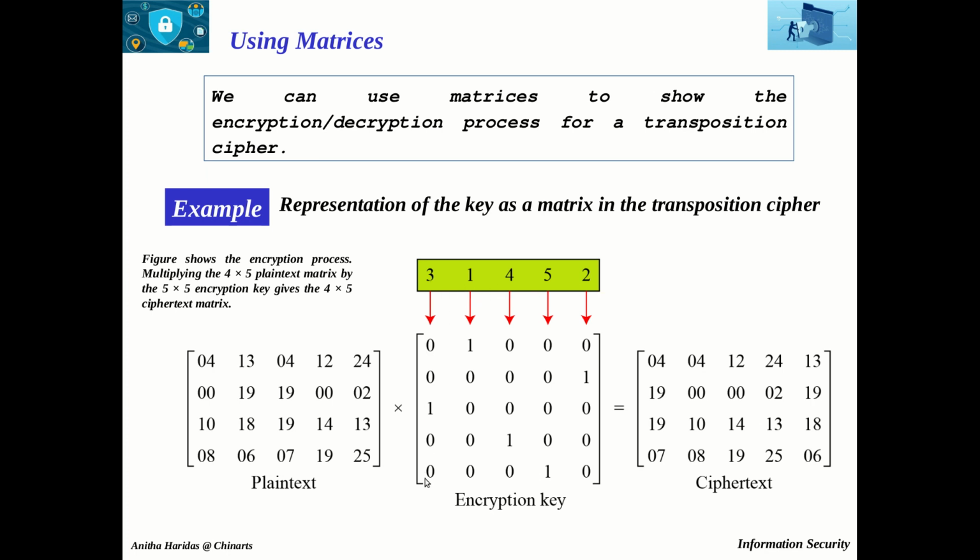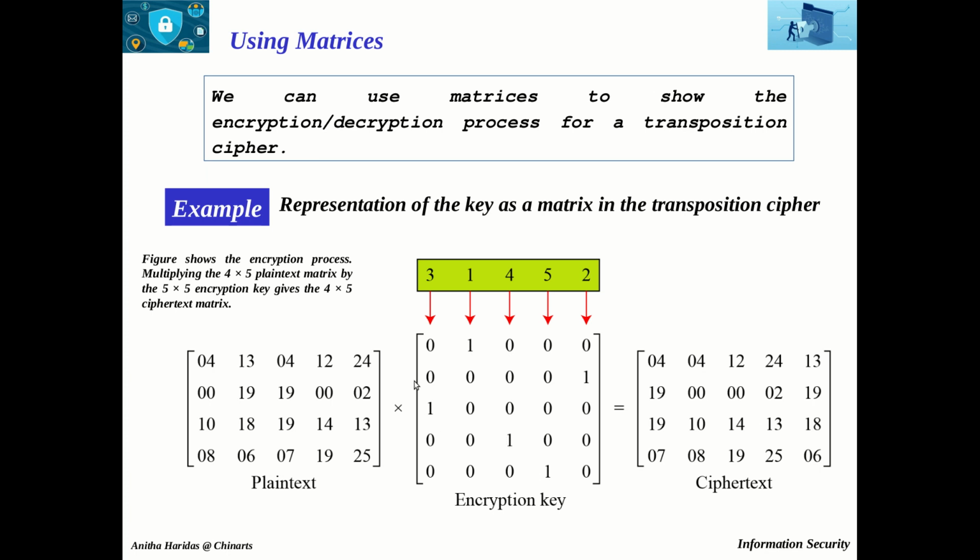So you create a matrix. Observe here, it is a 5 by 5 matrix, and in whichever index you have this value, that will be 1. The rest of the values are going to be zeros. So we have 3 here. So first, second, fourth and fifth are zeros, and 3 is having value 1. Then this is 1, so the first position is having 1, the rest of the values are zeros. And here it is 4, so all these are zeros and this is going to be 1.